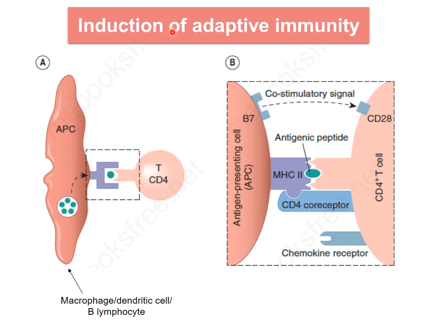Induction or activation of specific adaptive immunity requires the participation of the antigen presenting cell, that is APC, which are macrophage, dendritic cell and B lymphocyte. APC plays a pivotal role in the induction of an adaptive immunity. First, they phagocytize the antigen and enzymatically digest it to generate small peptides, which are then loaded on the class 1 or class 2 MHC protein and presented to the cell surface T cell receptor.